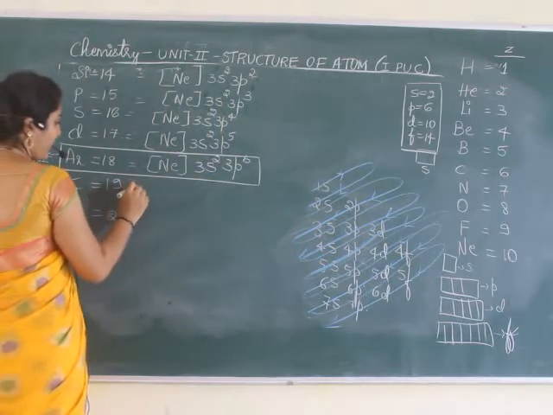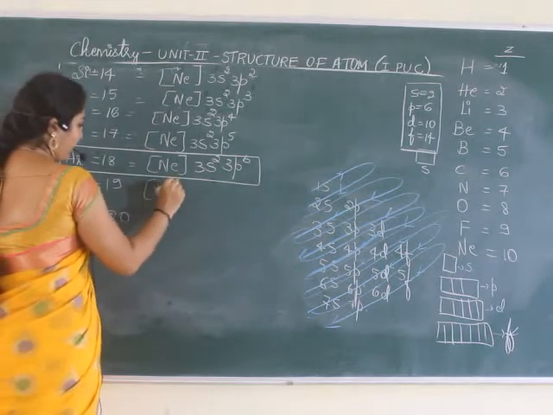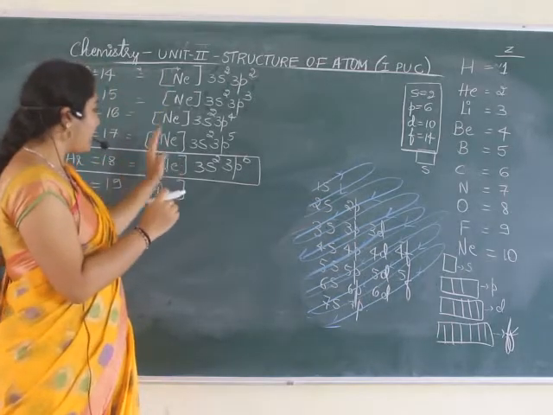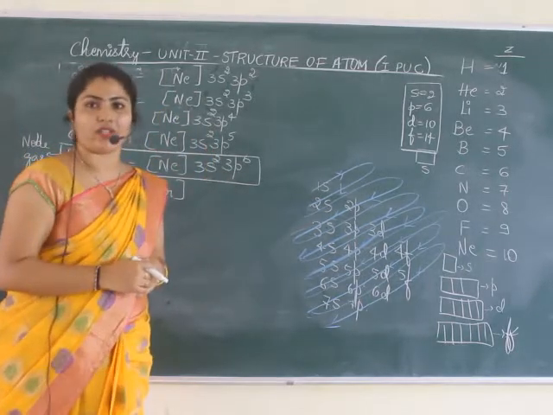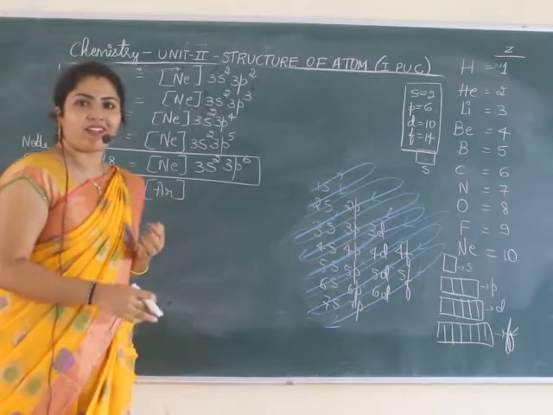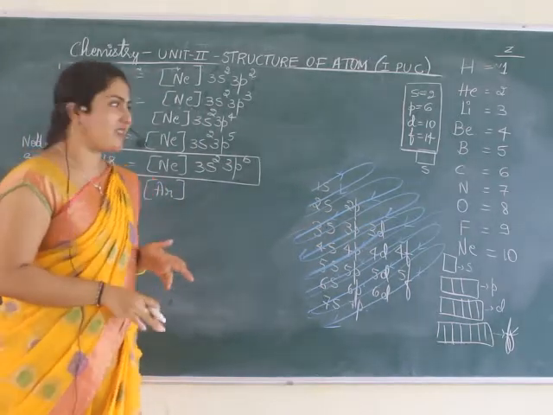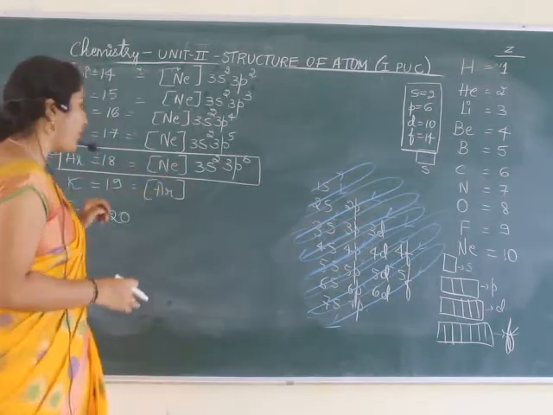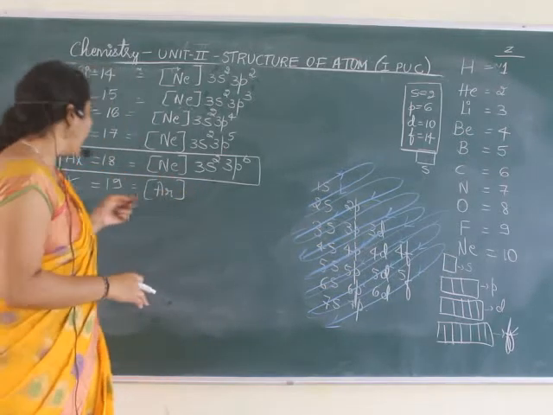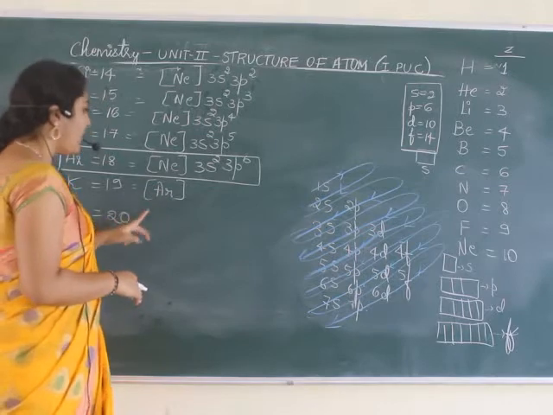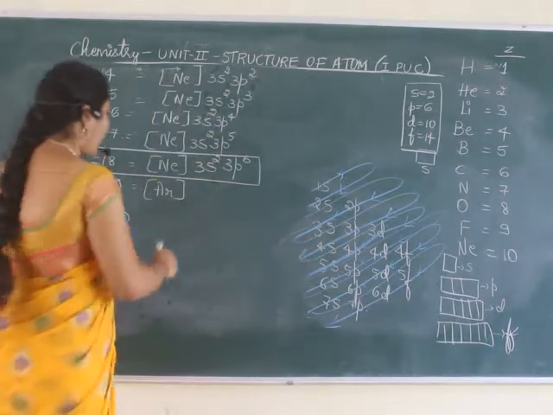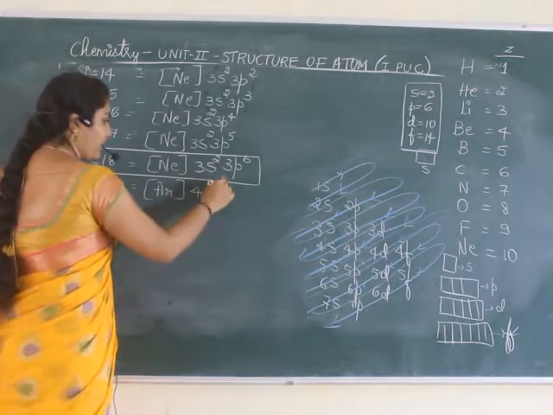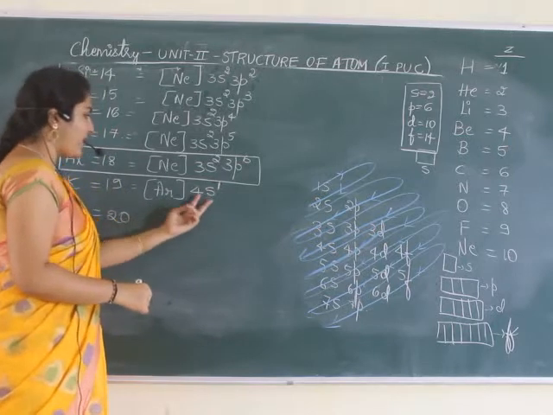So I'll write it as the argon configuration, because you remember neon was 10, it was a noble gas. Using that as a standard, we wrote the electronic configuration. Otherwise you will need a full page to write the electronic configurations for a few elements. That is why we cut it short and write it by considering the noble gas configuration as the standard. Now here potassium, 18 plus one more, we will fill it in 4s. 4s1. Clear? So total it will be 18 plus 1, 19.